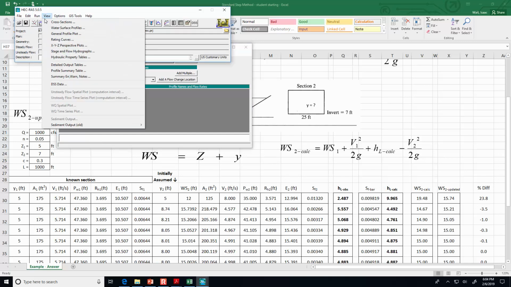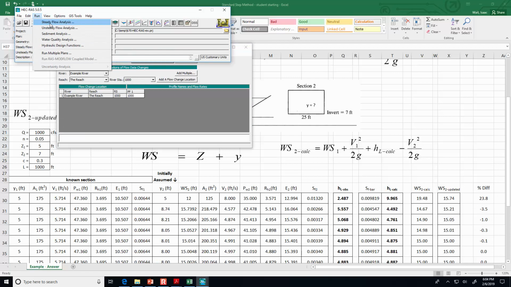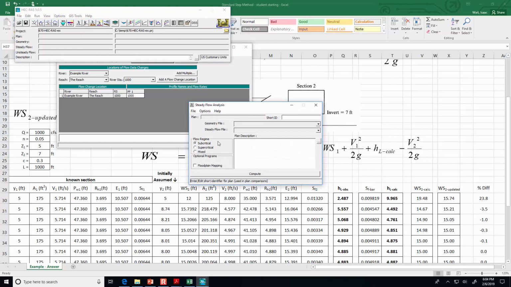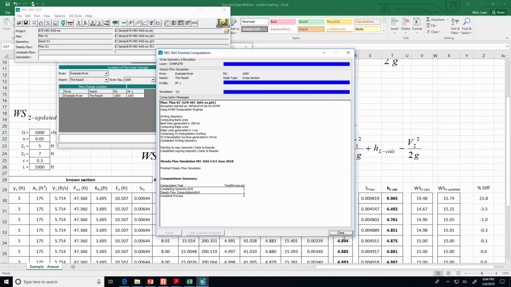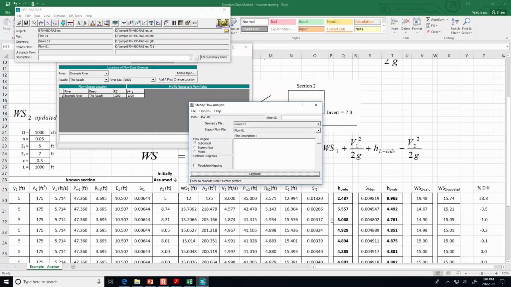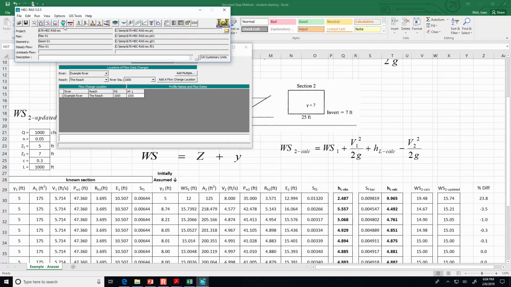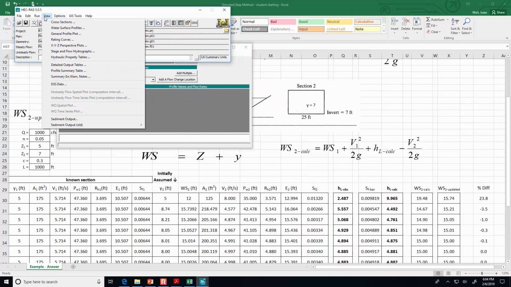And then we do the run. So steady flow analysis. Under the run menu here, steady flow analysis, subcritical flow, which we already determined from the Froude number, and click compute. And it does a little bit of thinking and it finishes. All right. And then what we can do is we can look at the results in a graphical way. So view